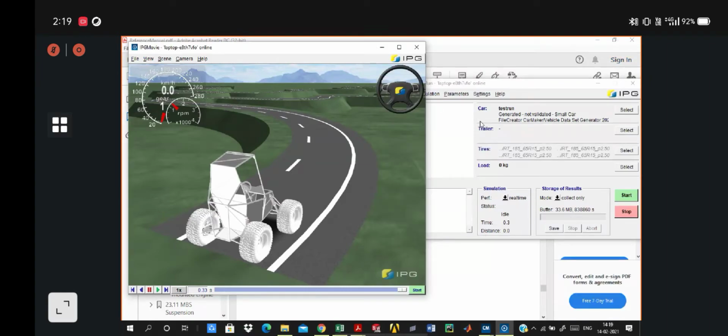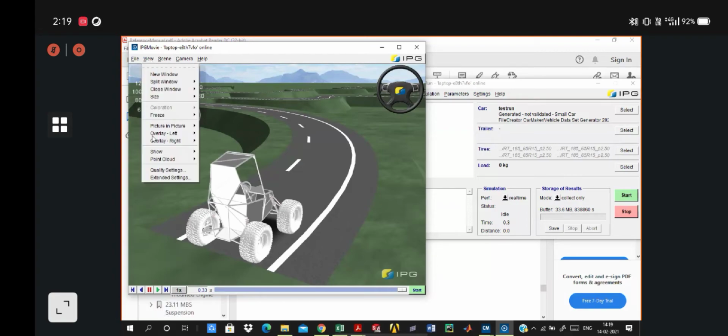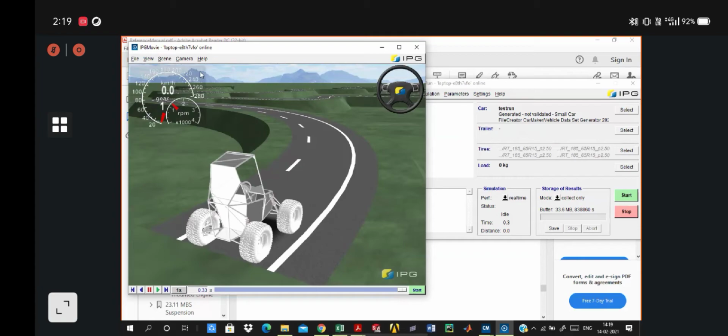And initially, if you just install the software, there are chances that you won't be able to see this speed profile and the steering wheel on the top of your IPG window.